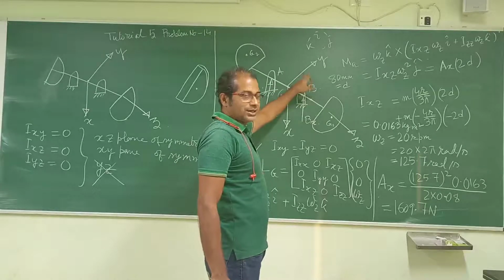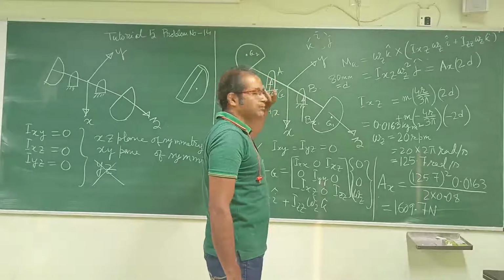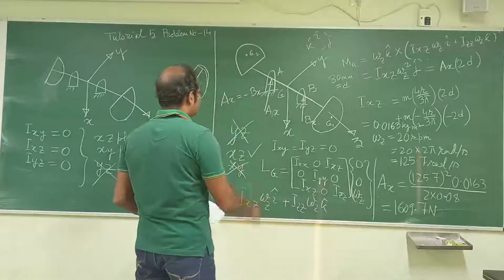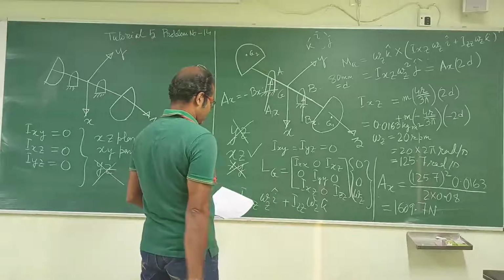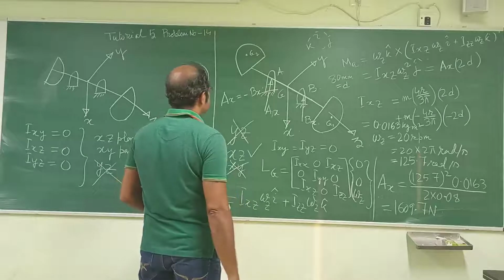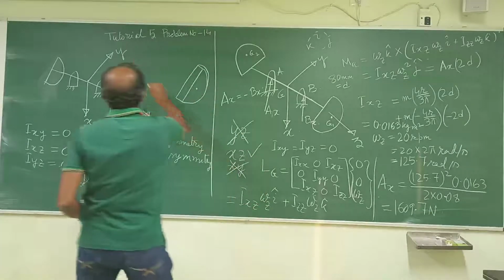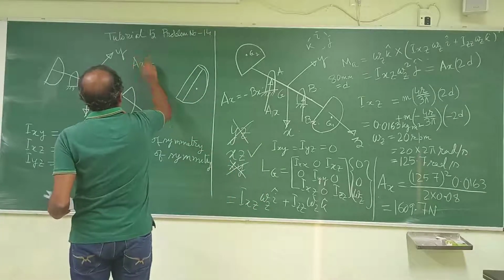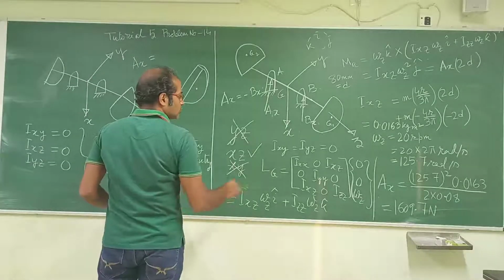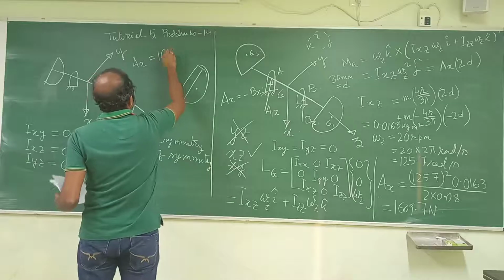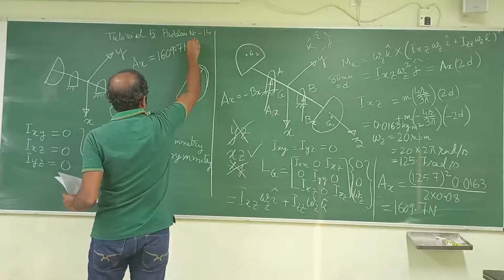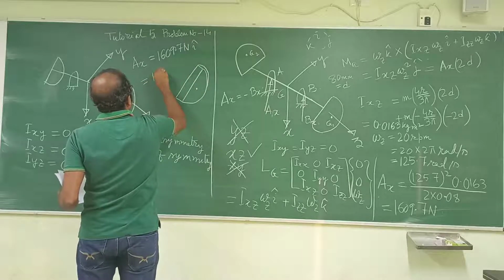The ax is going to vary with sine and cosine components. So ax is equal to 1609.7 Newton towards small i cap, which is equal to